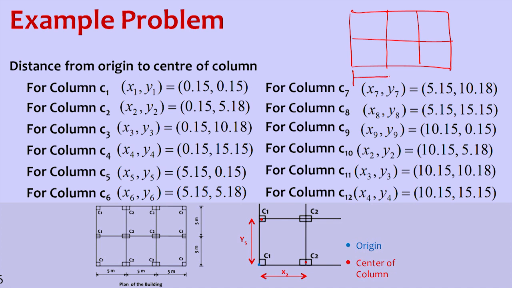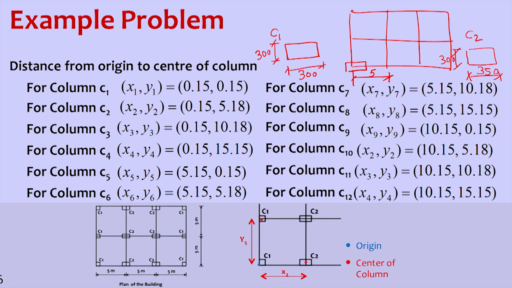So, this is around 5 meters, and this column is placed like this, which is of size one. C1 type of column has a cross section of 300 by 300, which is nothing but 0.3 by 0.3. So, this is of type C1, and C2 type of column has 350 mm as one dimension and 300 mm as another dimension.